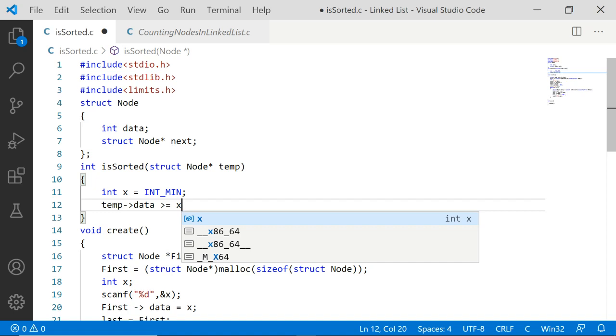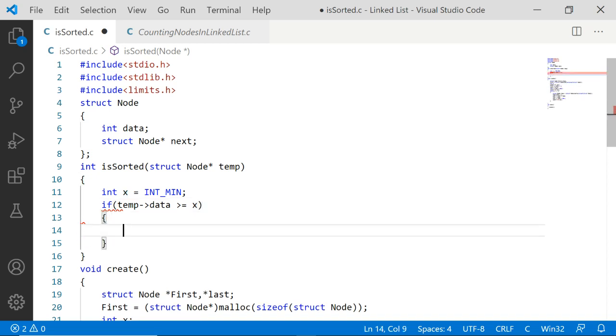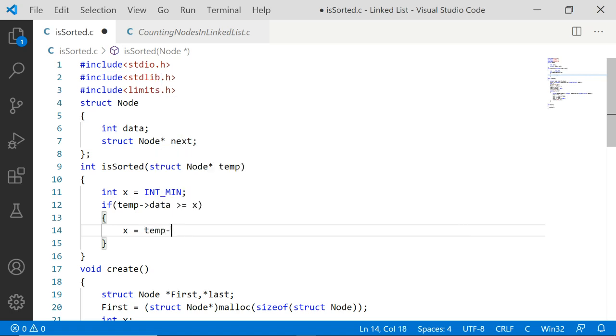The previous data will be available in variable x, initially the minimum integer value. If temp of data is greater than or equal to x, if this condition is true, I can move to the next node. And before moving to the next node, x should take the value of the present node. x should be equal to temp of data, because the present temp of data should become the previous node data for the next node.